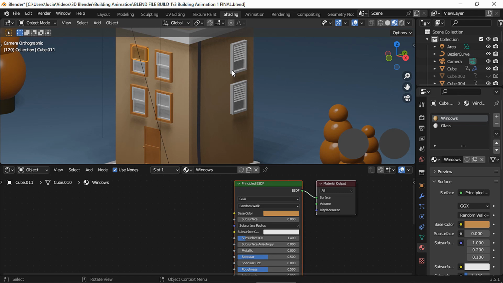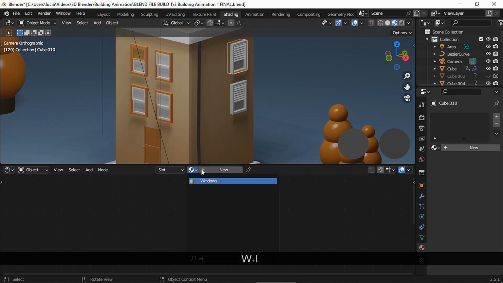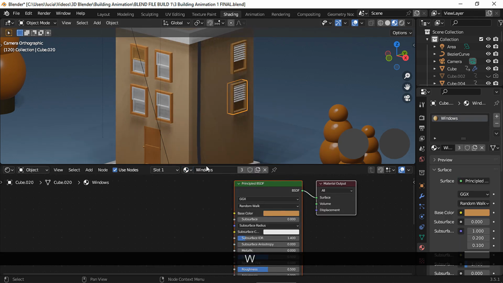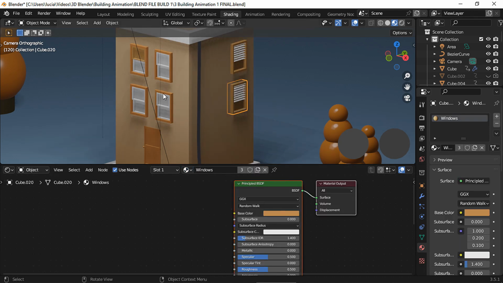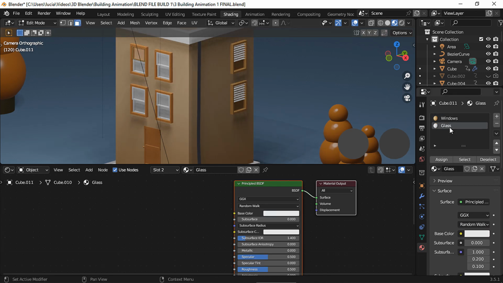And I also used this material for the side window frames. And then for what will be the glass, which is this middle face, I chose the second material and I went with a bluish color.